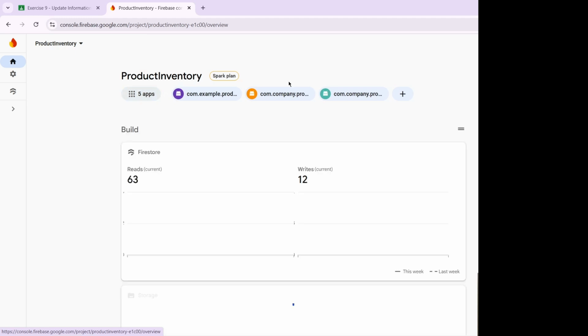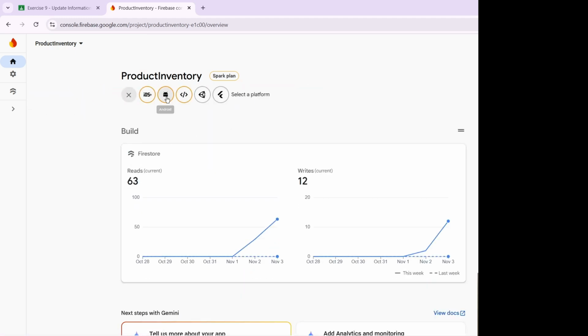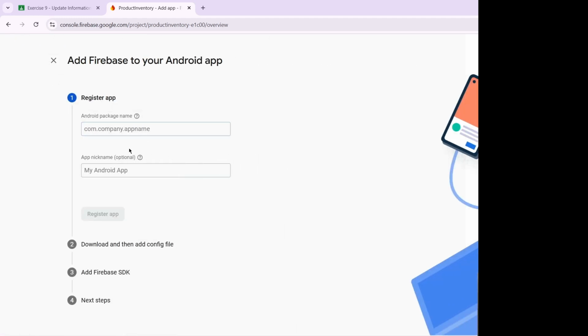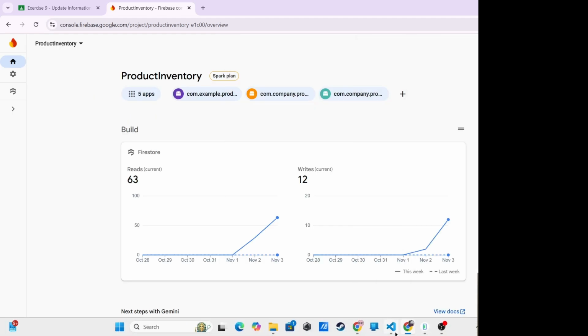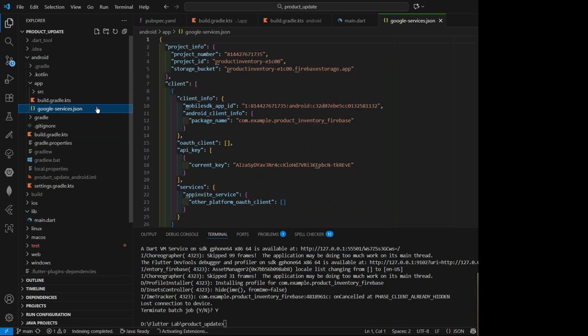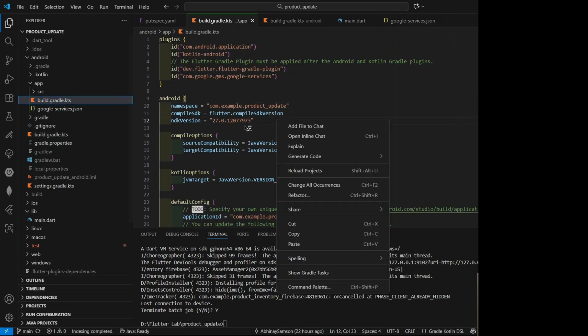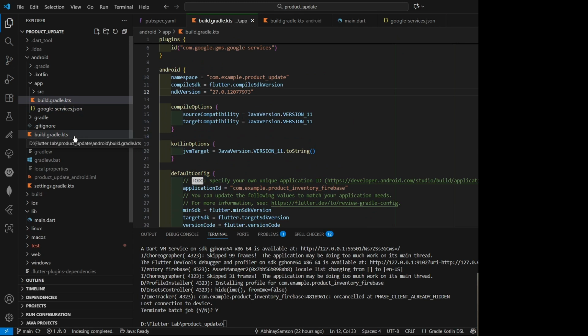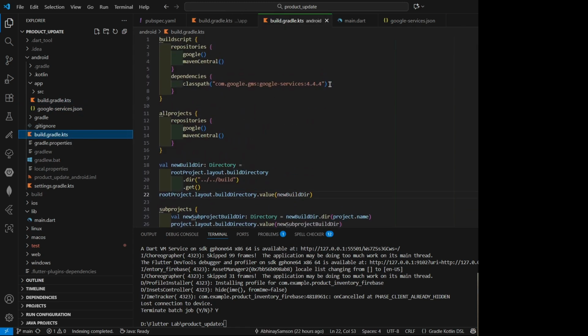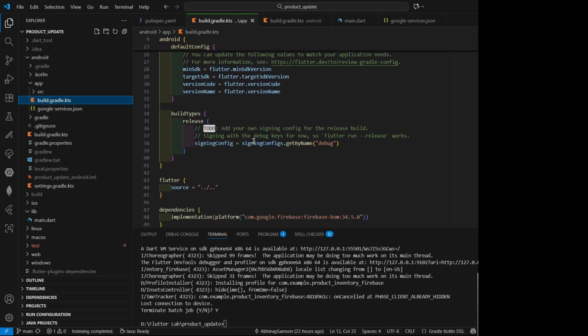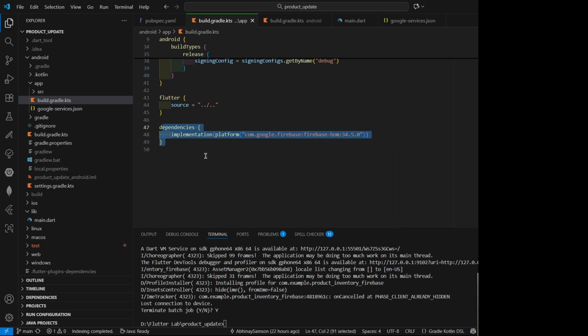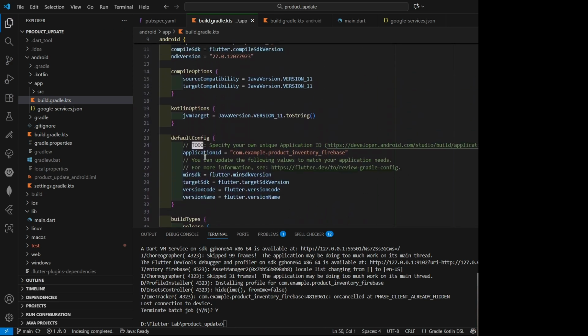videos. Here we will be adding one Android app, like this register app, and then it will ask you to download the configured Google services file. Then we will add that file in the app folder. Here we will be adding this Google services, and we have to add the class path in this build Gradle file. Here we will be adding the class path and then dependencies. In this other Gradle file we will be adding the dependencies implementation for the Firebase, and then we will be